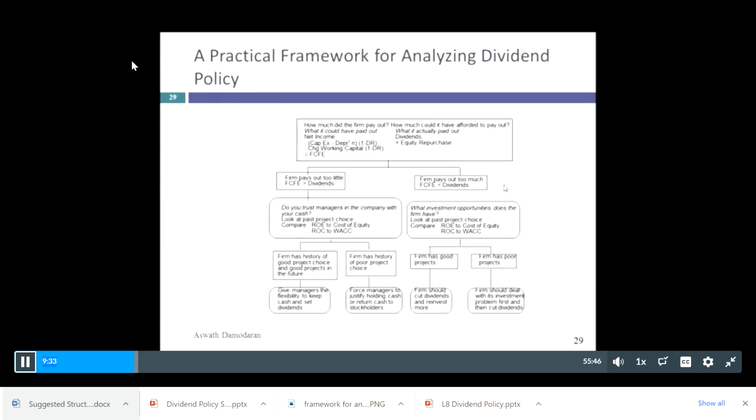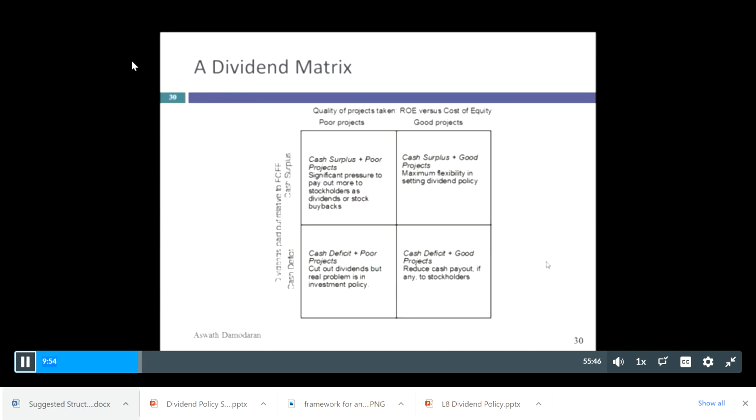Okay, so that is what we're going to be doing today. Calculating the free cash flow to equity, calculating what the firm actually paid out, calculating the firm's ROE and its ROC, and then comparing to the cost of equity and the cost of capital that you've already estimated for your firms. Okay, this isn't just another summary of what the firm should be doing, right?